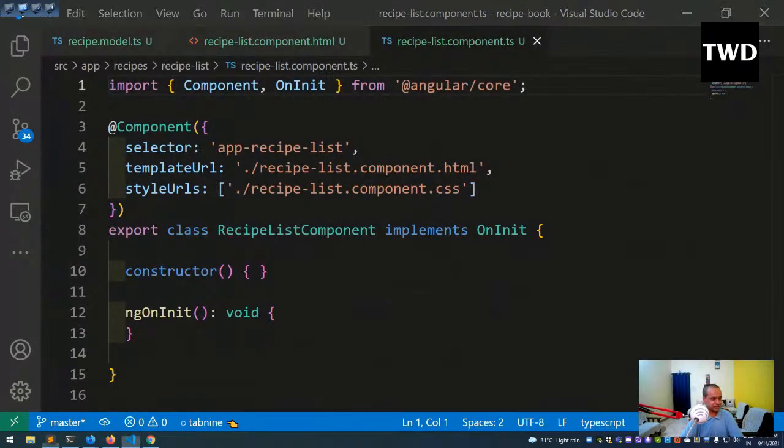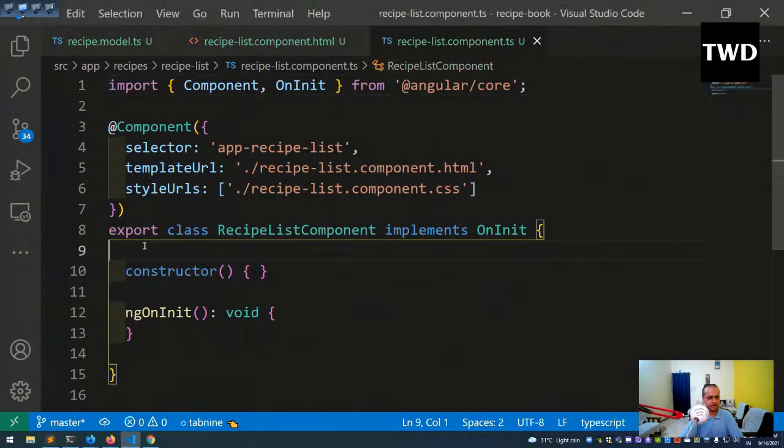So let us have some recipe here, and in the ts file we'll have